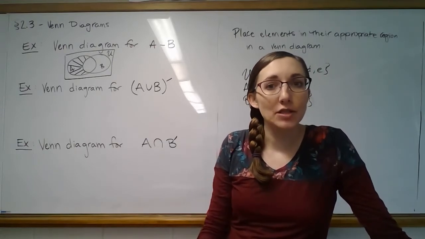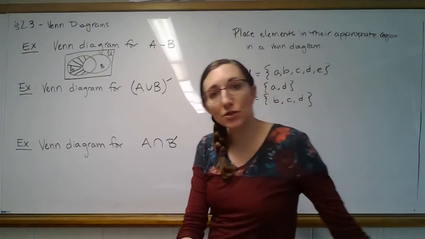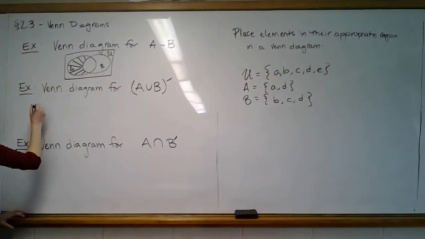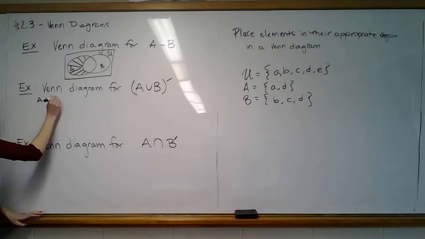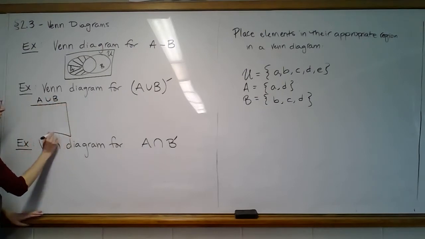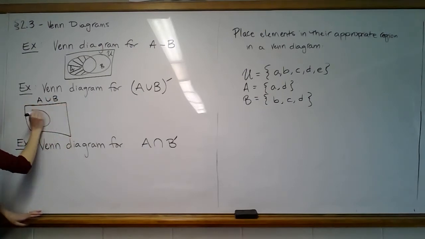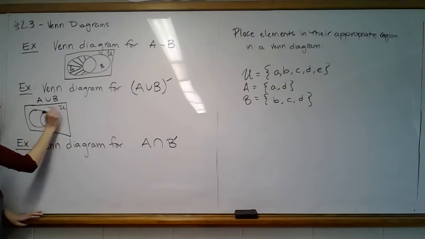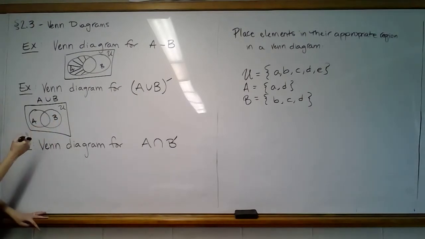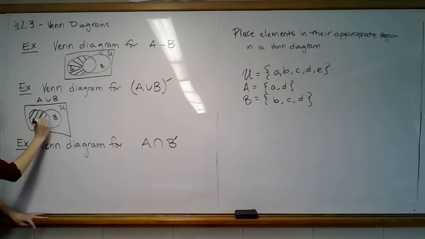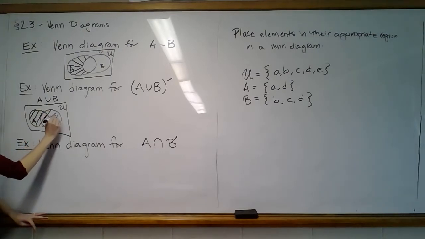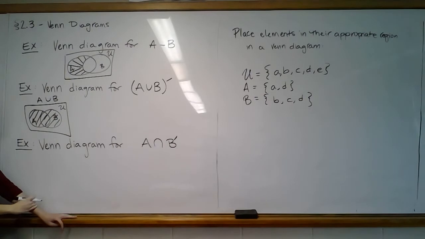Well, we first found A union B. So let's do the same thing here. First we find A union B as a Venn diagram, which, remember, when we're doing A union B, we lump them both together, so we're in either A or in B. Or is a good word to use for a union. So in A or in B. And then now